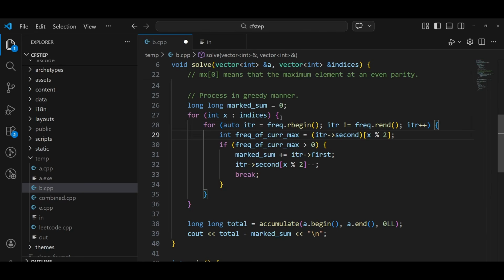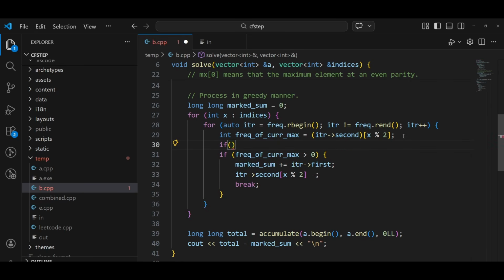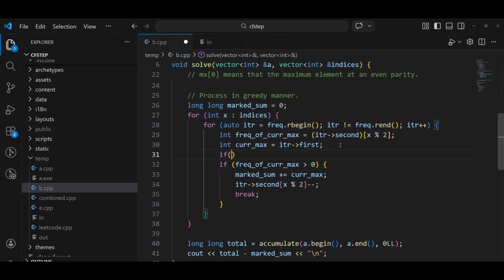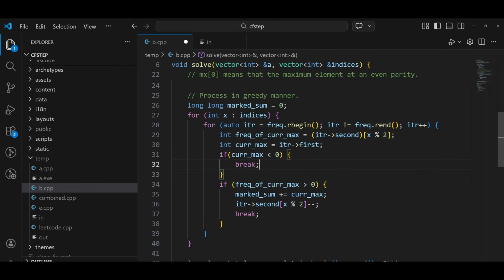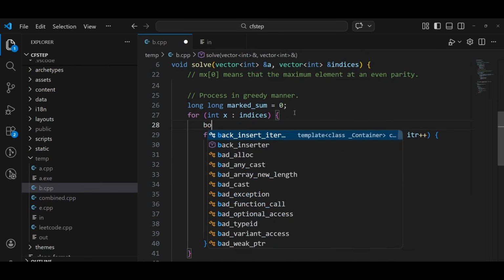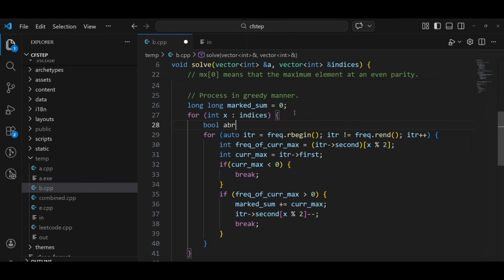So you might want to add an early break over here, something like if frequency, if actually you defined current max is nothing but itr dot first, and let me use that variable over here. And if this current max is less than 0, you break, and then you remember how did you break this loop. Bool abrupt break is equal to false, and here you set this abrupt break,